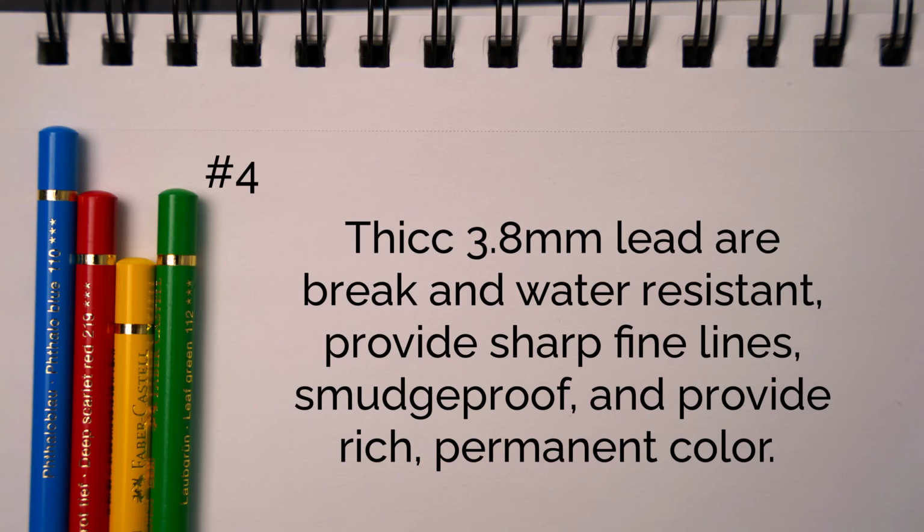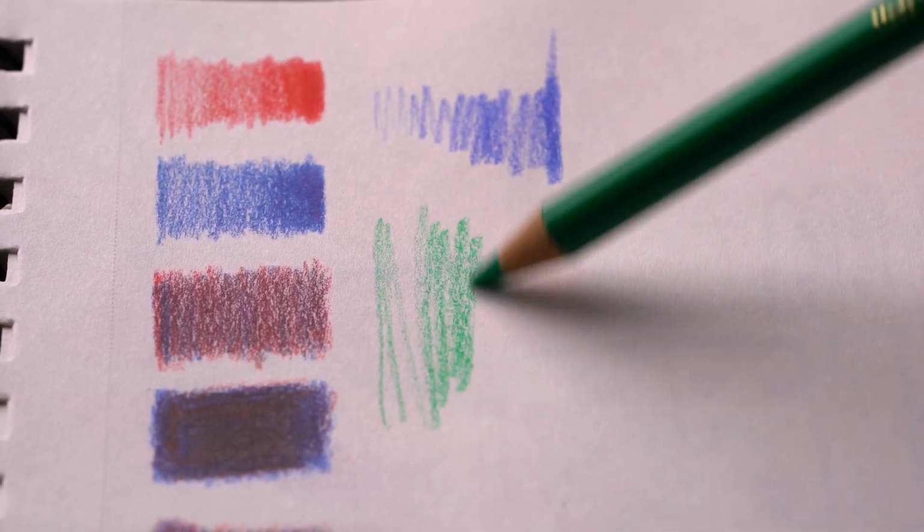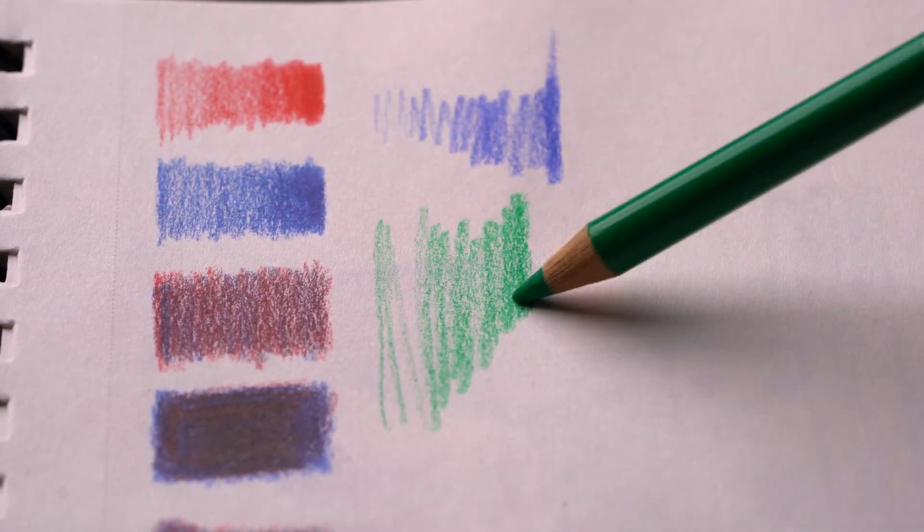Number 4, their thick 3.8mm lead are break and water resistant, provide sharp fine lines, smudge proof, and provide rich permanent color. I would say the colors are very vibrant, and you can definitely get a variety of colors just by adjusting how much pressure you're using with each pencil. Now the question you've all been waiting for. Are these blendable, and